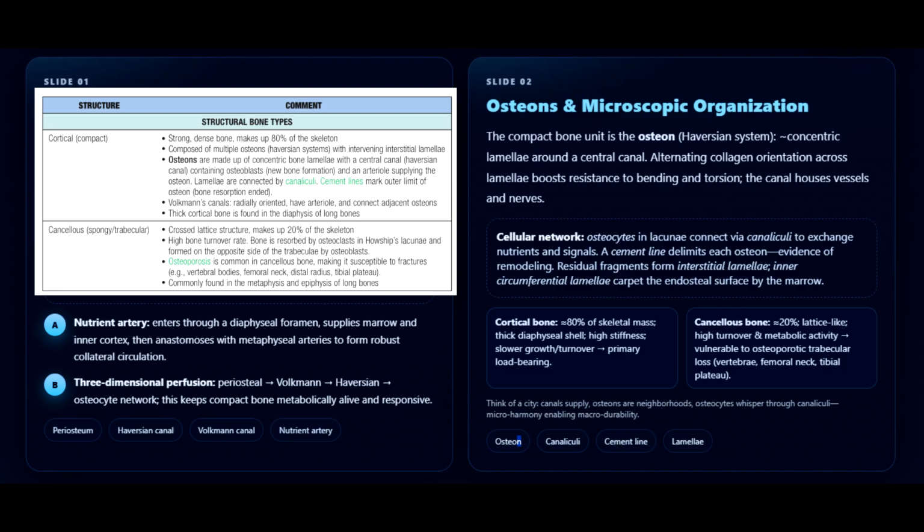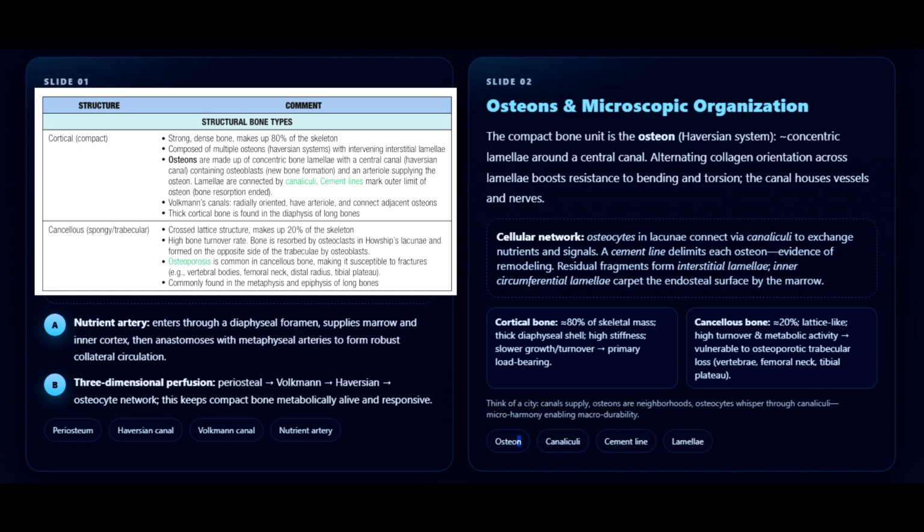If we now compare compact and cancellous bone, as summarized in the table, cortical bone is the powerhouse of strength. It makes up about 80% of the skeleton, is thickest in the diaphysis of long bones, and is designed to resist bending and torsion. It grows slowly, remodels at a moderate rate, and forms the rigid shell of our skeleton. By contrast, cancellous bone is lighter,